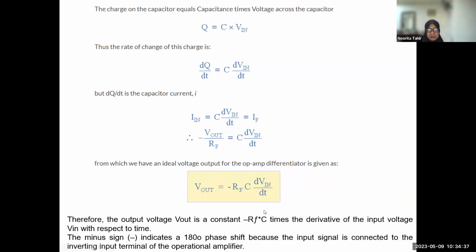So this is the value of Vout that we can compute. The output voltage is a constant, RF times C, multiplied by the derivative of the input voltage with respect to time, and the minus sign indicates that this is